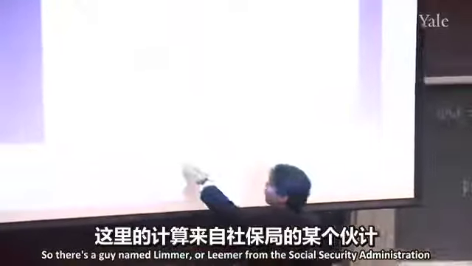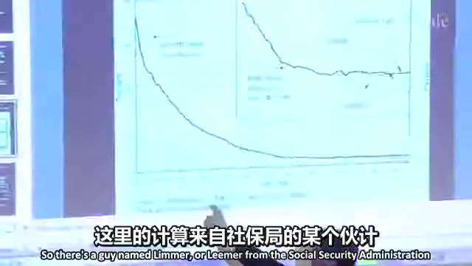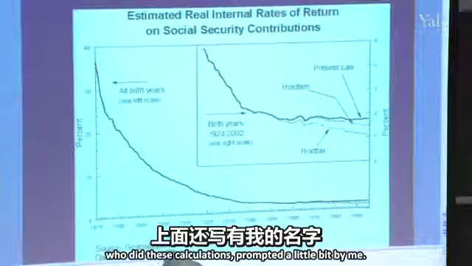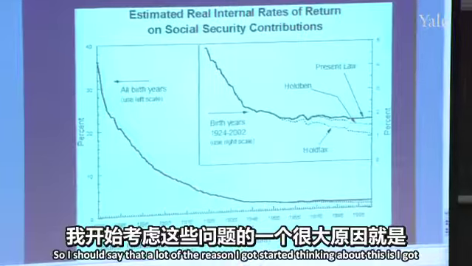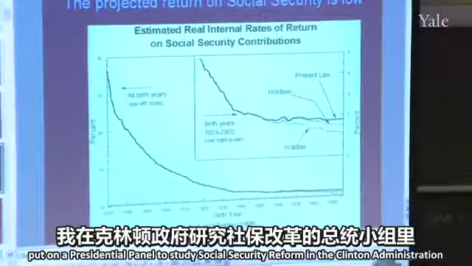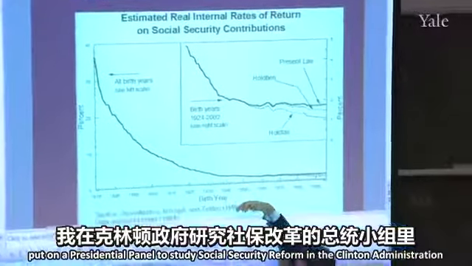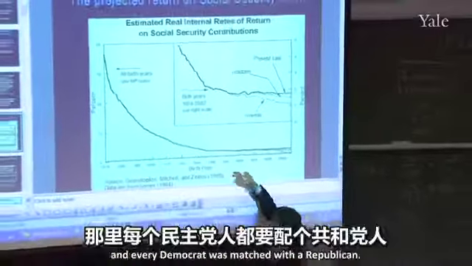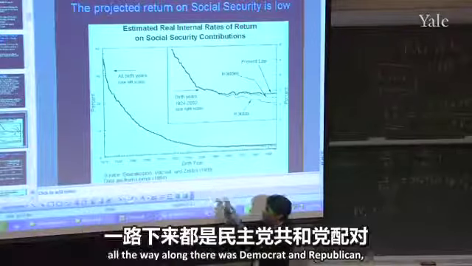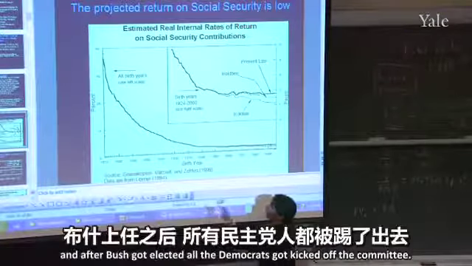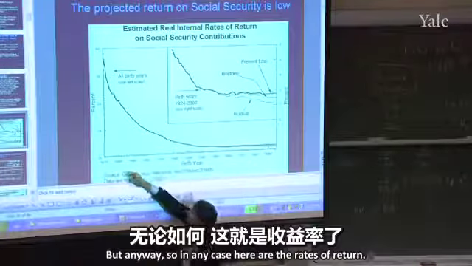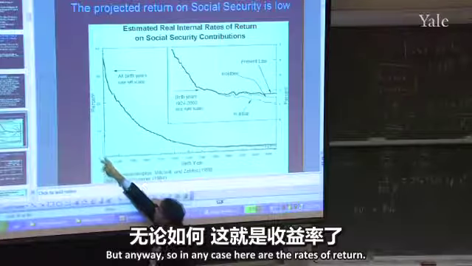There's a guy named Leamer from the Social Security Administration who did these calculations, prompted a little bit by me. A lot of the reason I got started thinking about this is I got put on a presidential panel to study Social Security reform in the Clinton administration, and every Democrat was matched with a Republican. The two chairmen, one Democrat, one Republican, and all the way along there was a Democrat and a Republican. And after Bush got elected, all the Democrats got kicked off the committee. But anyway,